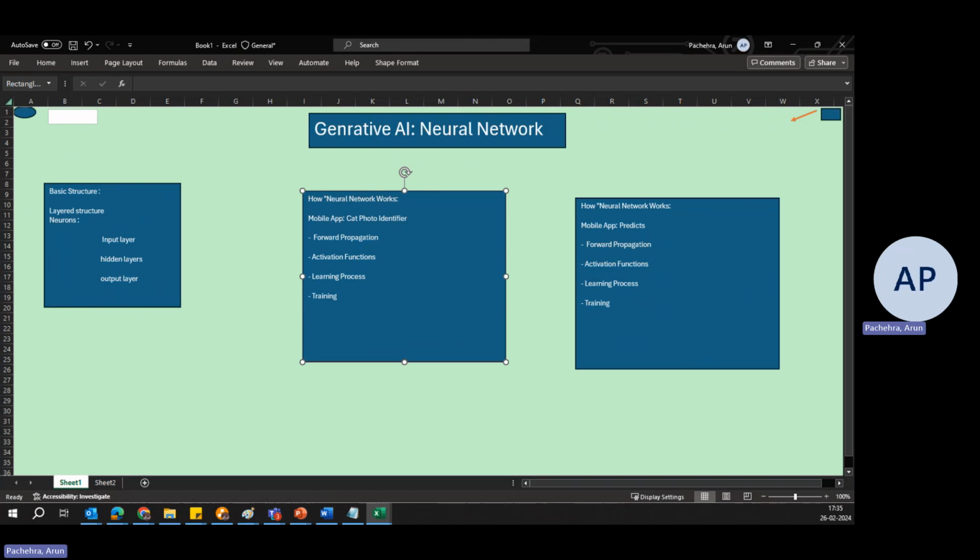Then the learning process. What happens here? After the initial forward pass, the network makes a prediction, cat or dog. This prediction is compared to the actual label, whether the photo indeed contains a cat or not, and the difference, which is the error, is calculated using a loss function. Suppose the network incorrectly identifies a dog as a cat.